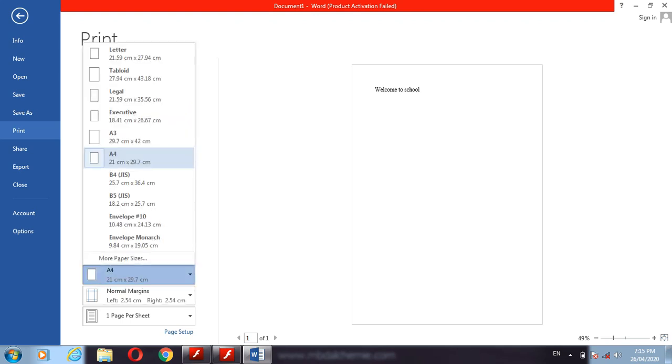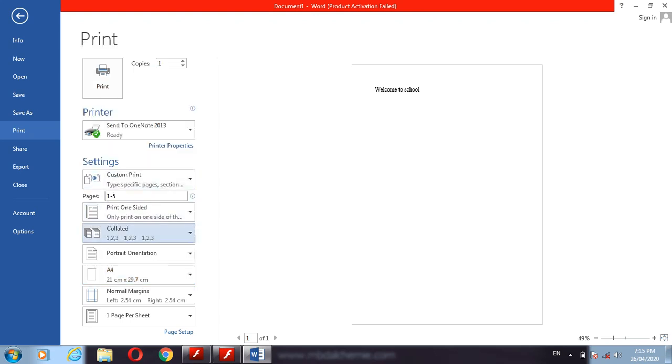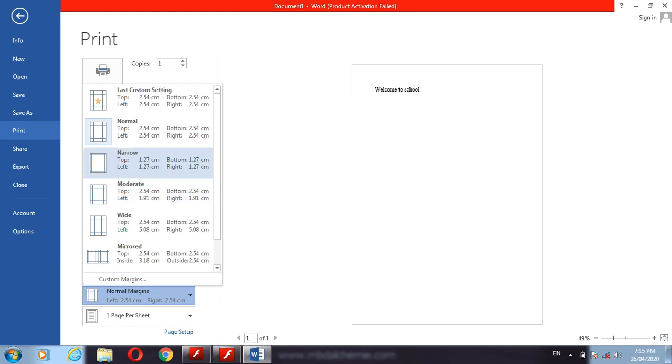And here are the different sizes: legal, letter, A4. Generally the A4 or letter size settings are used for printing. And the normal margins means how much space you have to leave from the left side, right side, top side or bottom side.